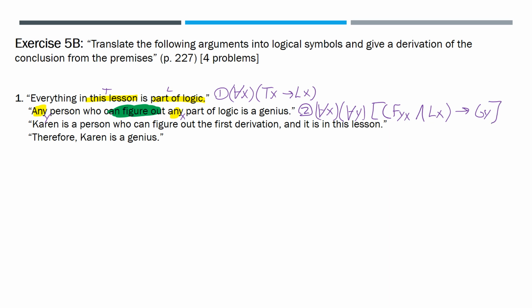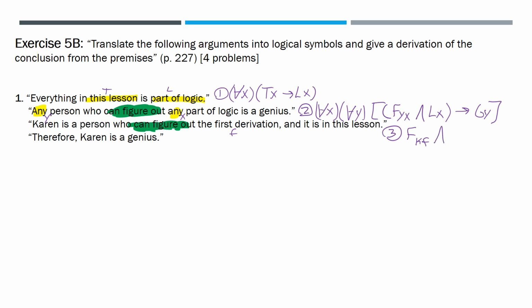Third premise, Karen is a person who can figure out the first derivation, and it is in this lesson. We have that and, we have a conjunction. There is a 2-placed predicate. So for 3, we have Fkf. Karen can figure out the first derivation. So lowercase f is the first derivation,